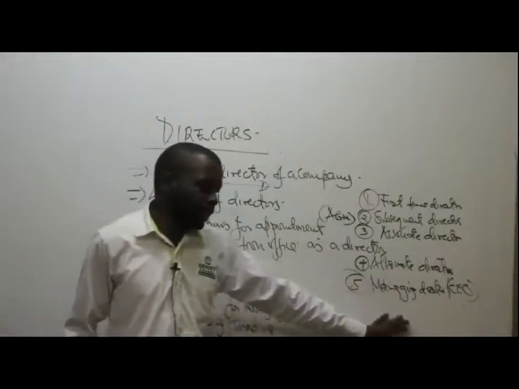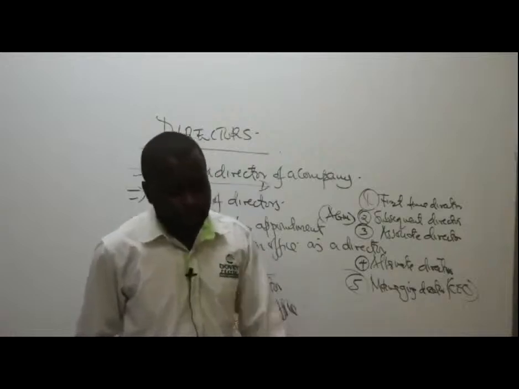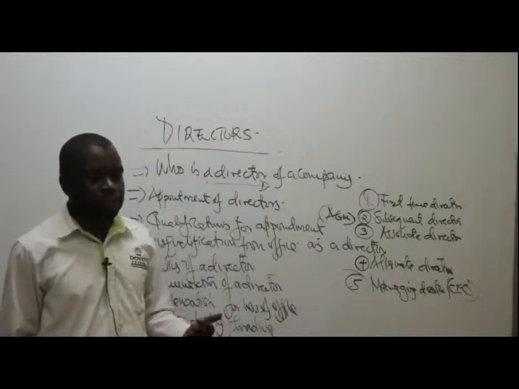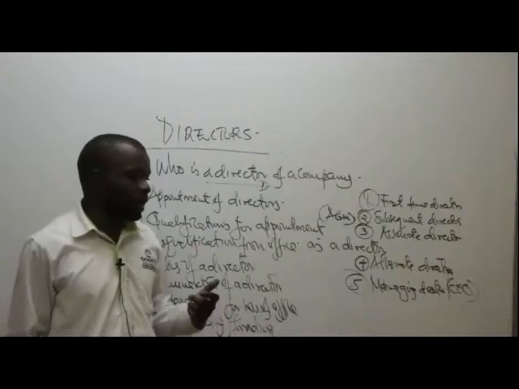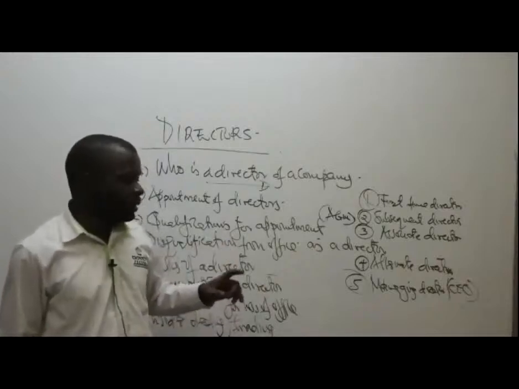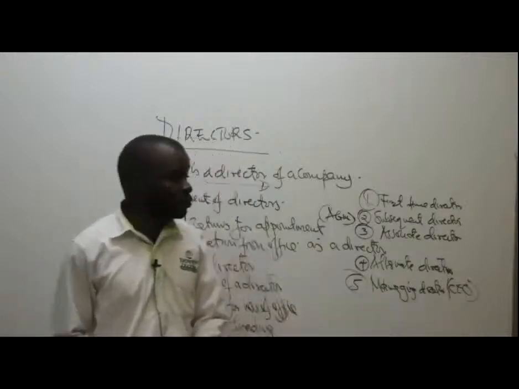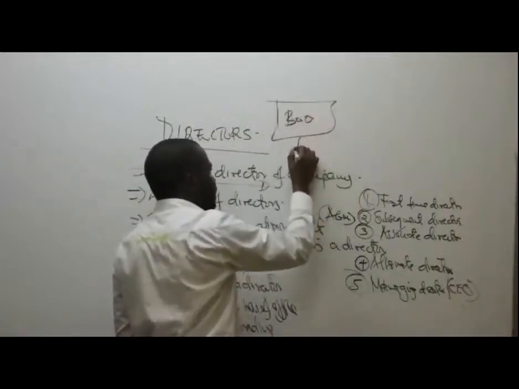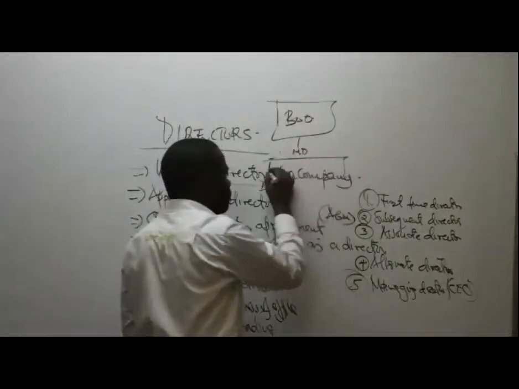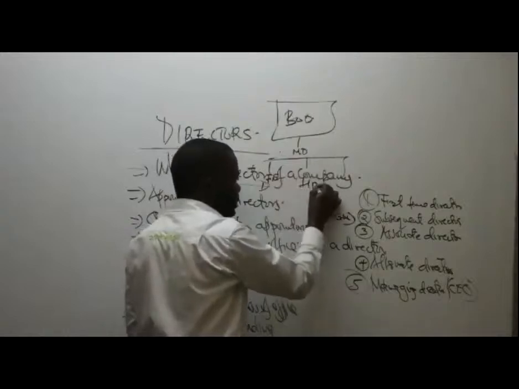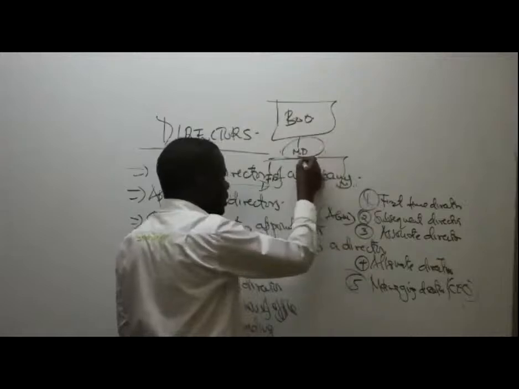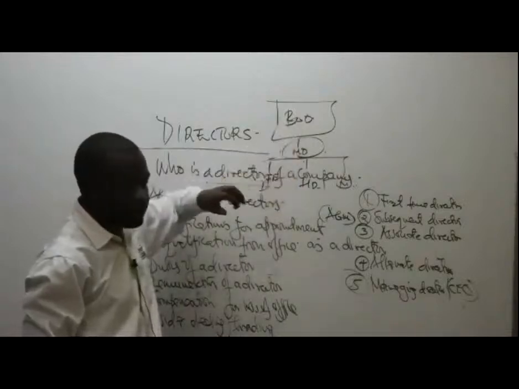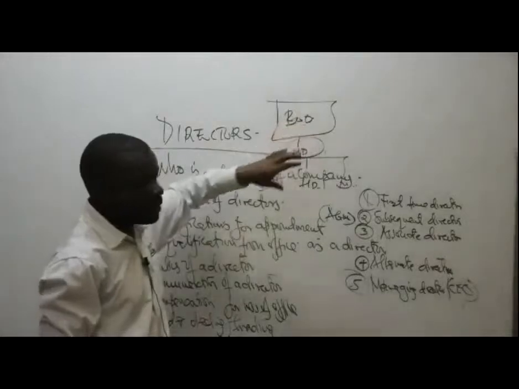Managing director or chief executive officer. This one mostly will be appointed by the board of directors. They'll choose someone who has expertise or knowledge on how to manage the affairs of the company. This one is mostly engaged in the full-time management of the company. That's why in most company structures, you'll see at the top the board of directors, then a link, an MD, then down here financial managers, human resource managers, marketing managers, who sit under the managing director. He'll act as a link between the company's operations and the board of directors. He'll sit on the board and get the strategies the board